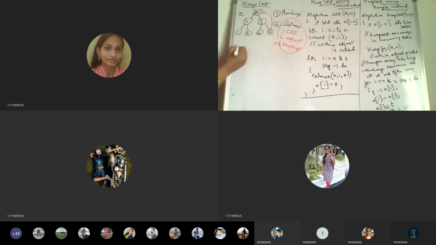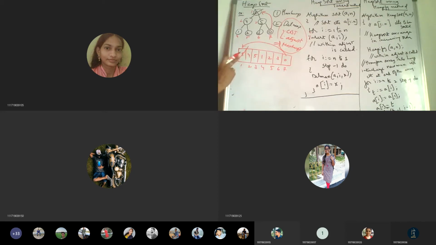So let's see here. If we take an array, positions 1, 2, 3, 4, 5, 6, and 7, and here I have 5, 5, 4, 5, 3, 0. The first element is deleted. In its place, 0 is going to occupy.